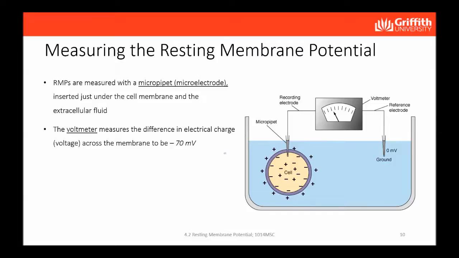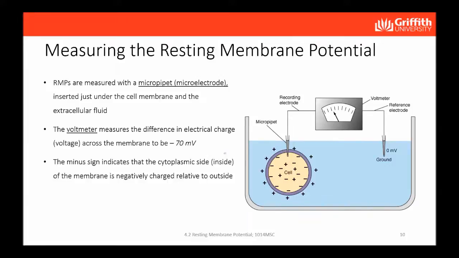A voltmeter is used to measure the potential difference between 2 points. When one electrode of the voltmeter is inserted into the cell and the other in the extracellular fluid, it records a voltage across the membrane of approximately -70 millivolts. The minus sign here indicates that the cytoplasmic side of the membrane is more negatively charged relative to the outside